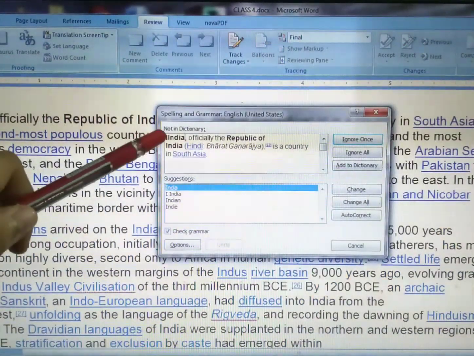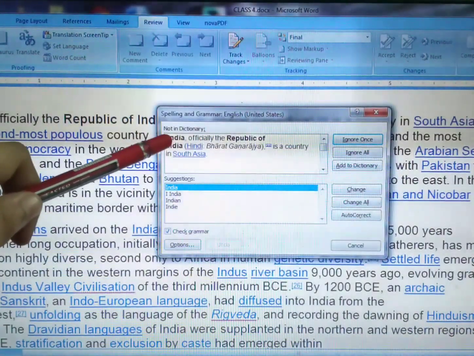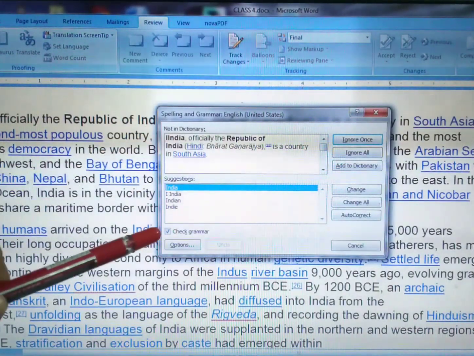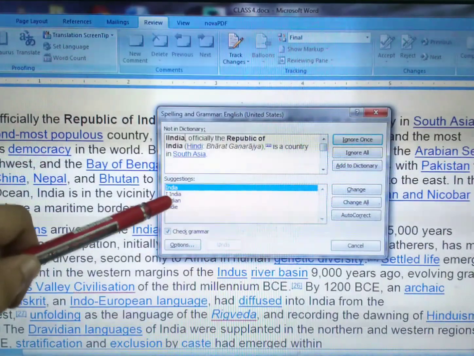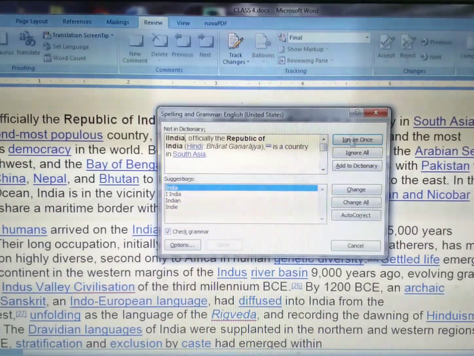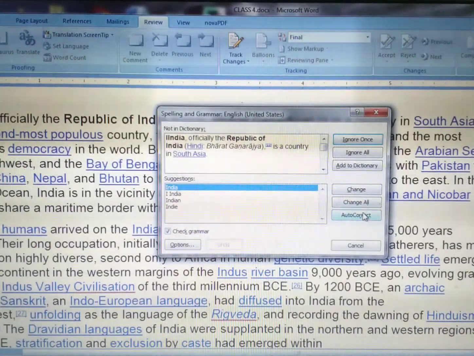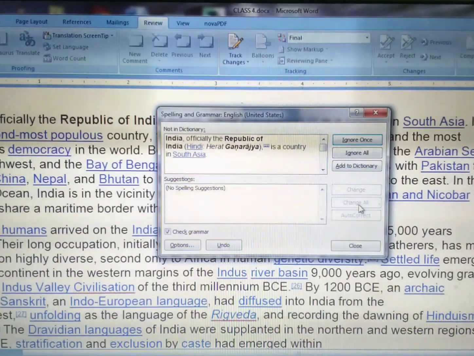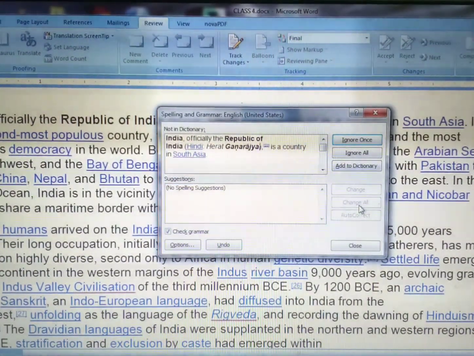See, here we are able to see the wrong spellings that are displaying, that is India, okay, suggestions are India, Indian, and spelling options: ignore once, ignore all, add to dictionary, change all, autocorrect. So we will click on this change all option now. Now you are able to see that this spelling of India is now corrected.